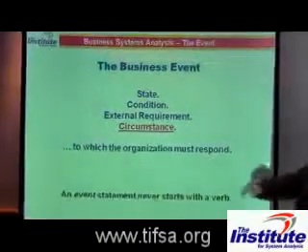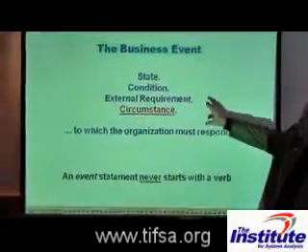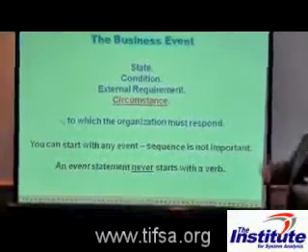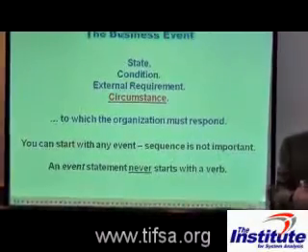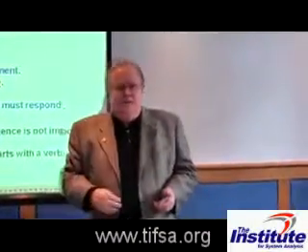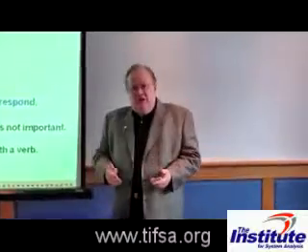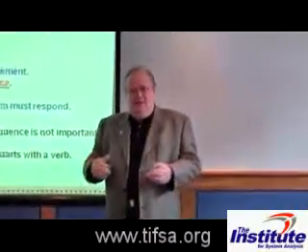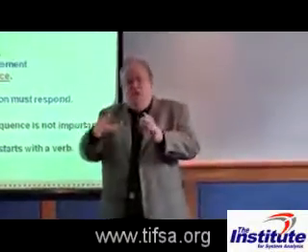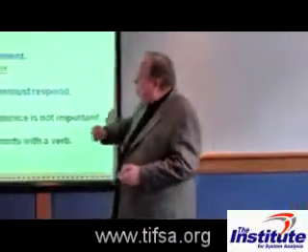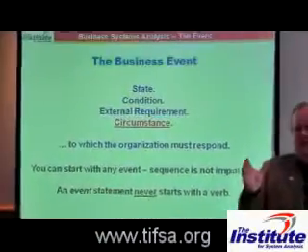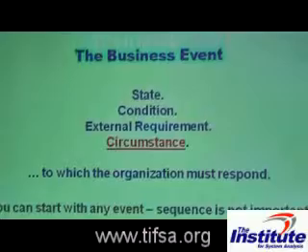An event is a circumstance, a condition, a state, if you like. A state can change, right, from hot to cold. And when a system encounters a change, such as the temperature going up, the system might be required to kick in a cooling system, for example. So they could have temperature changes. We could have directional changes. We can have elevators going up and down. These are all state changes that we could deal with, which are not usually used in business systems, but they're parts of systems. We can have external requirements or a condition or a circumstance that the system has to be able to deal with. I'm going to give you a couple of examples in a minute.